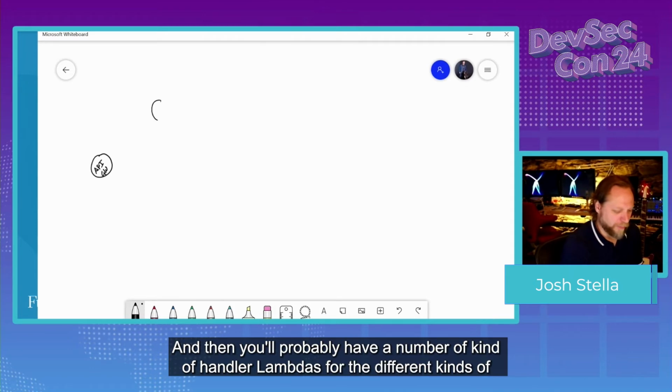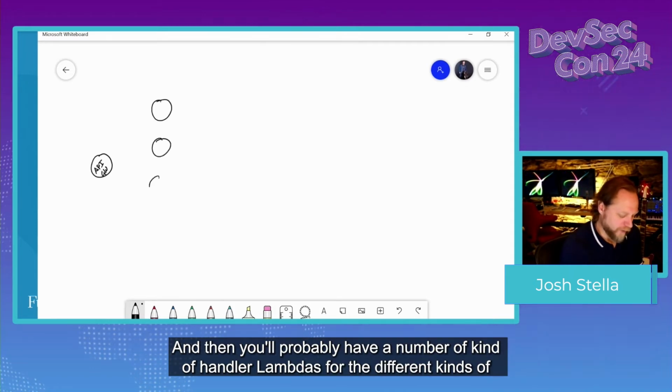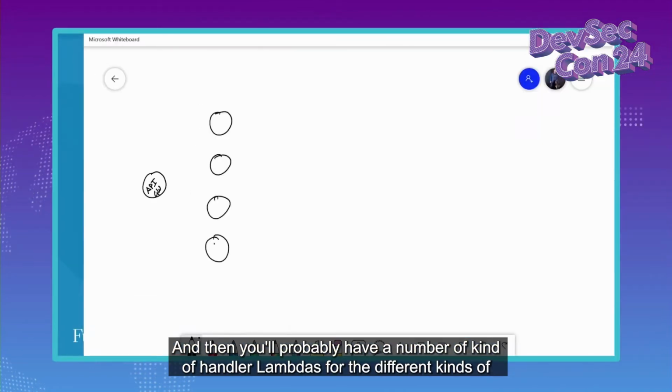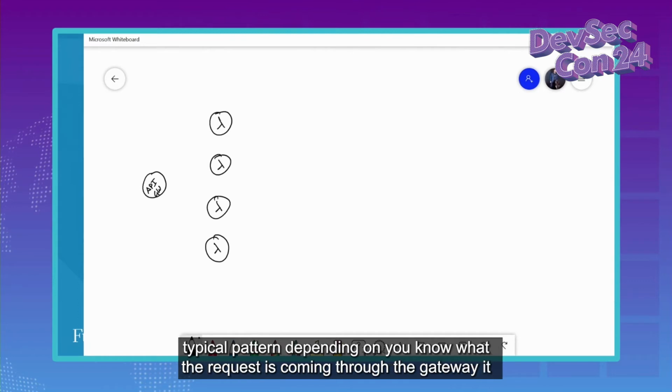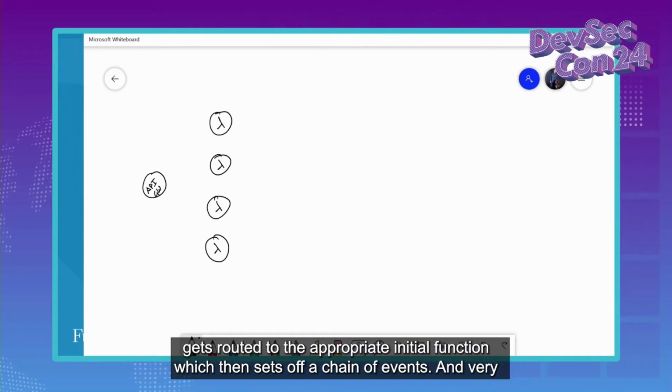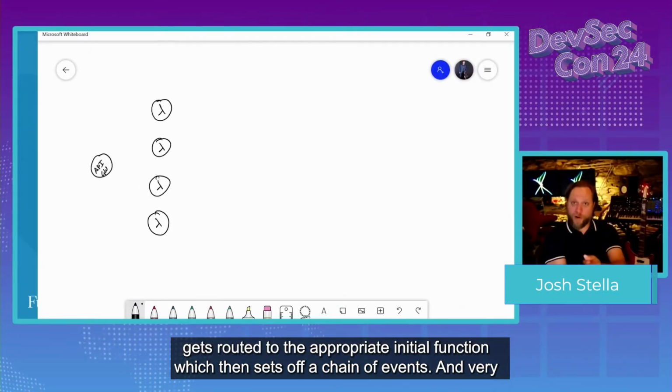And then you'll probably have a number of handler Lambdas for the different kinds of requests that come in through your application through that gateway. So that's a very typical pattern. Depending on what the request is coming through the gateway, it gets routed to the appropriate initial function, which then sets off a chain of events.